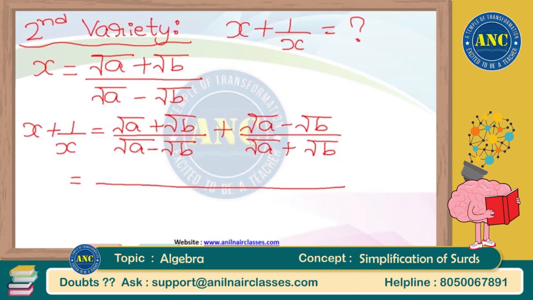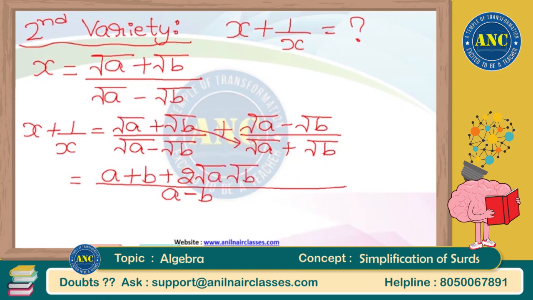x square is root a whole square, that is nothing but a, minus y square is root b whole square, that is nothing but b. Now here, root of a plus b cross multiplied with root of a plus b, it is root of a plus b whole square, x plus y whole square. It is root a whole square plus root b whole square plus 2 into x into y, 2 into root